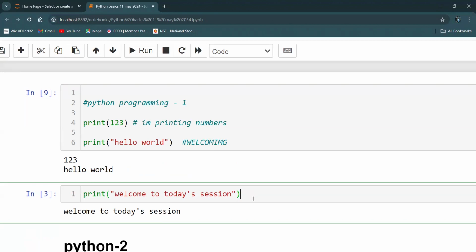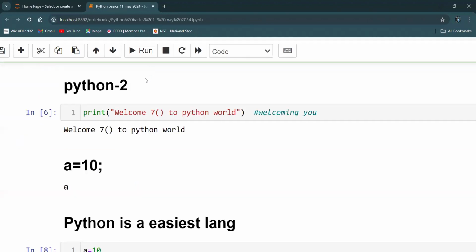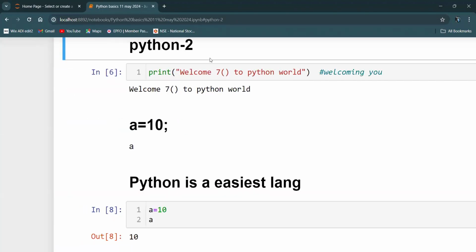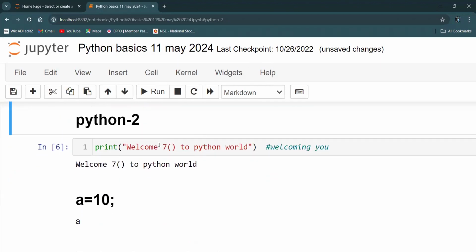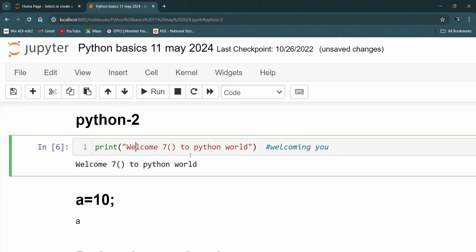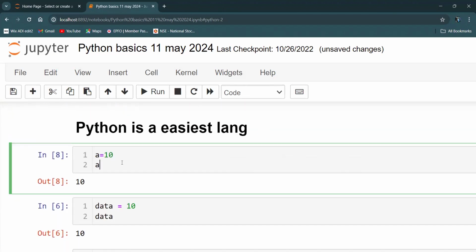So first thing we got to know, Python is case sensitive, and I need to either start and end with double quotes or start and end with single quotes when it comes to a string. And like you can see here, whatever I try to print after a hashtag will be considered as a comment. And we also know the drop down here. This drop down, you can observe, this will be in header. This will be in markdown. So now print, whatever I print, whether it is special characters or anything, will be considered as a string itself. So A is equal to 10.